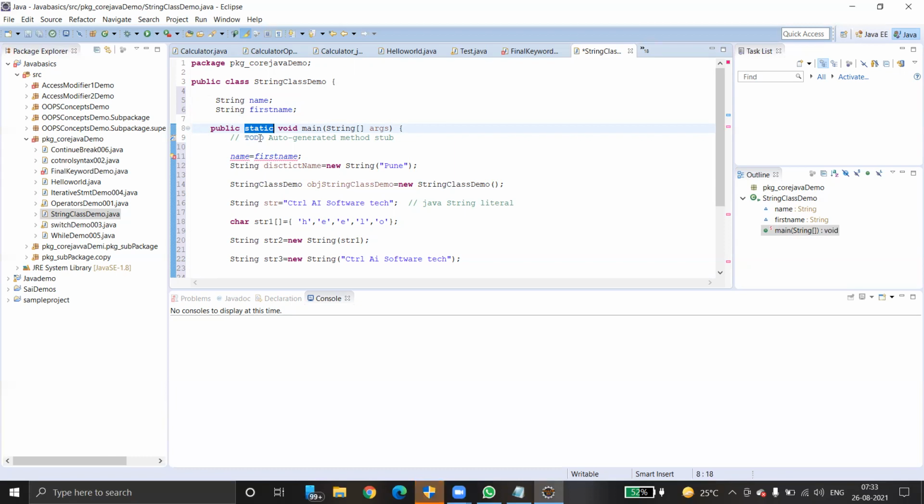But if we create an object, for example, string class demo dot first name is equals to string class demo dot first name, will it work?